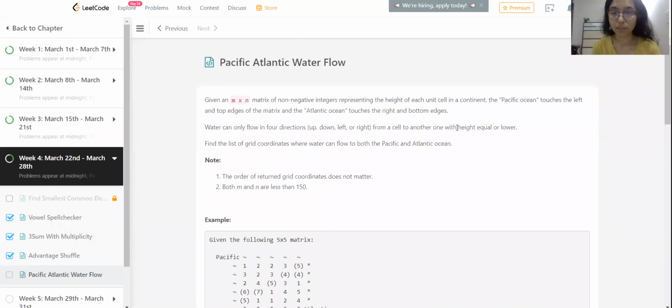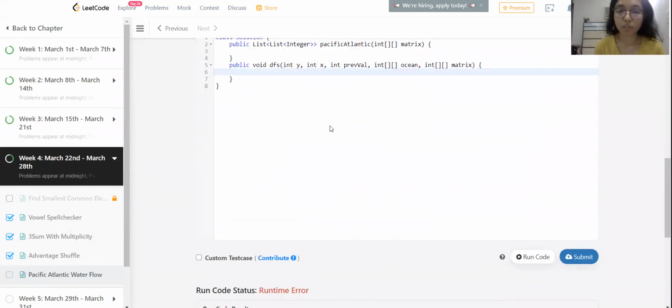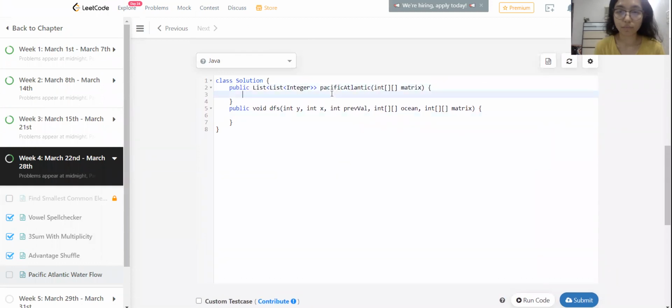As the condition is given here, the water can flow only if the height is equal to or lower than the value of the particular cell, which means let's consider a waterfall. If the height of the waterfall is here and the water needs to flow downwards, right? It won't flow upwards. So the height needs to be lower to enable the water flow. So we'll use the same logic and we'll code the solution.